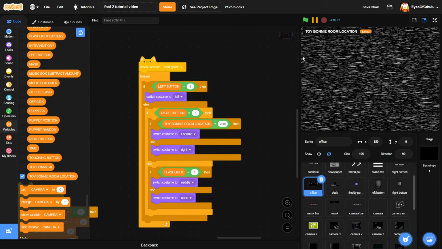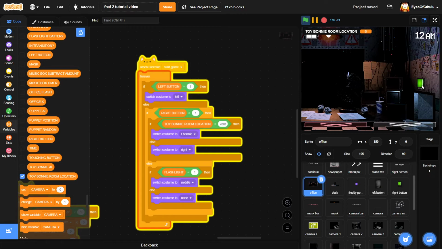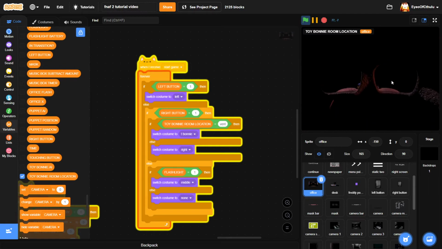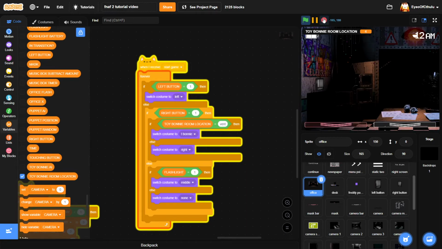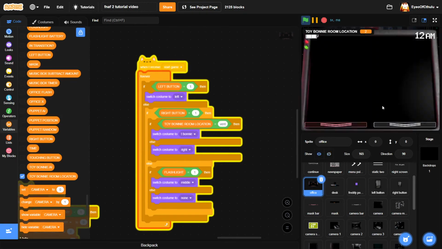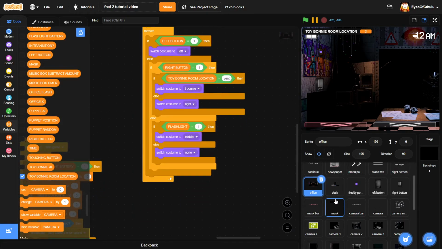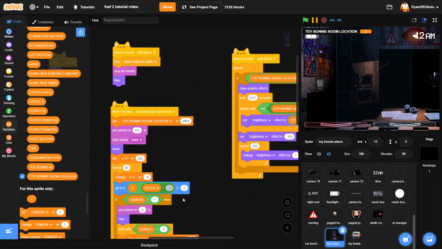There we go. So now if we test this out, Toy Bonnie now appears in the vent, and if you fades out, and that works perfectly. Then we can go to camera 4. Toy Bonnie is there. Alright. Now, there's one last thing we need to add, which are Toy Bonnie's